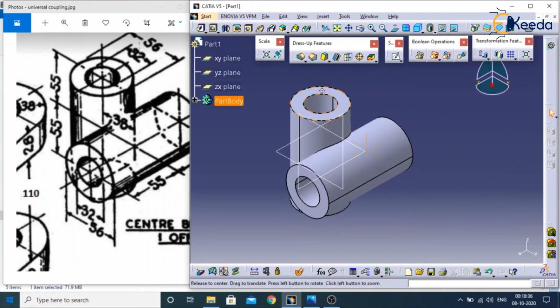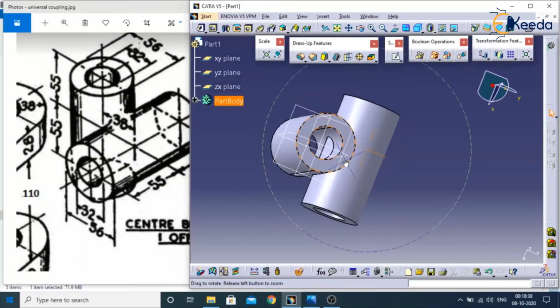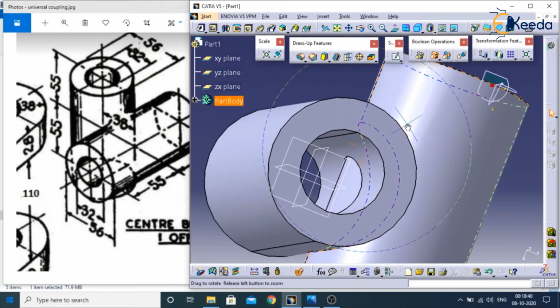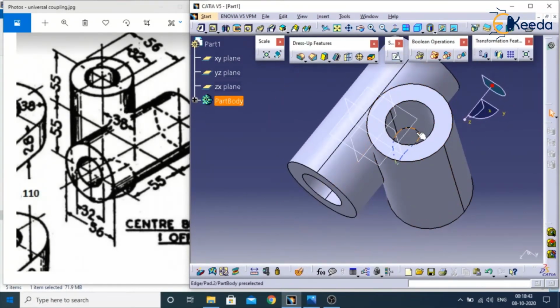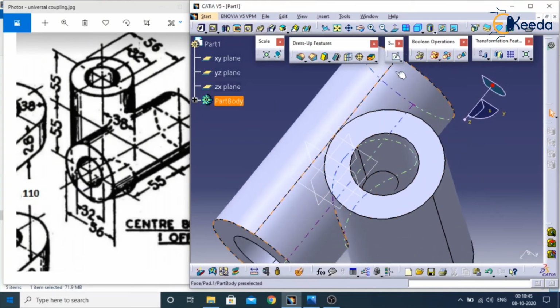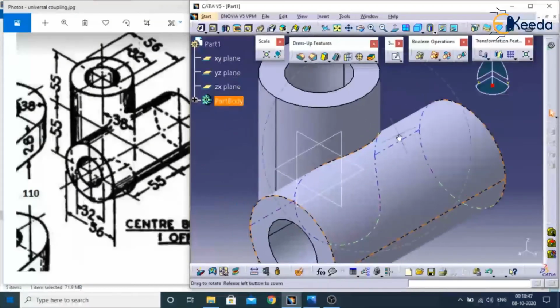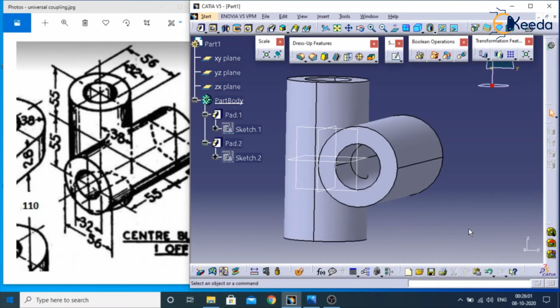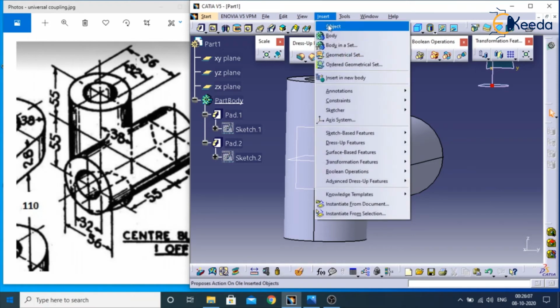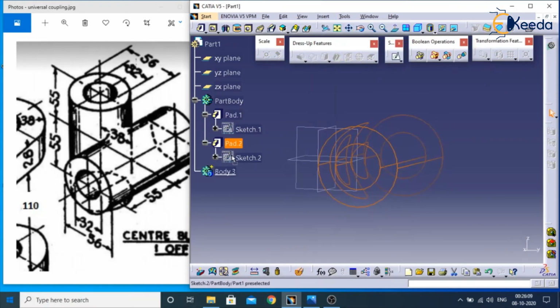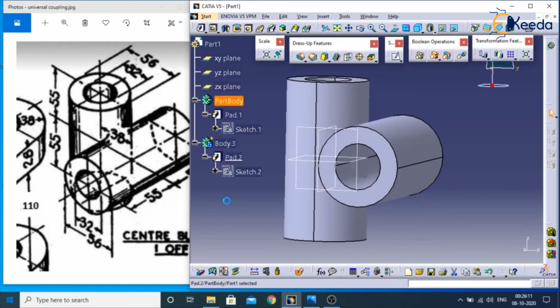Okay. Now if we see there is an extra material in this area and there is one extra material in this area also. If you want to remove, here we will use boolean operations. Now first of all we will go for insert body and we will drag this to this. In that we will use here union trim.